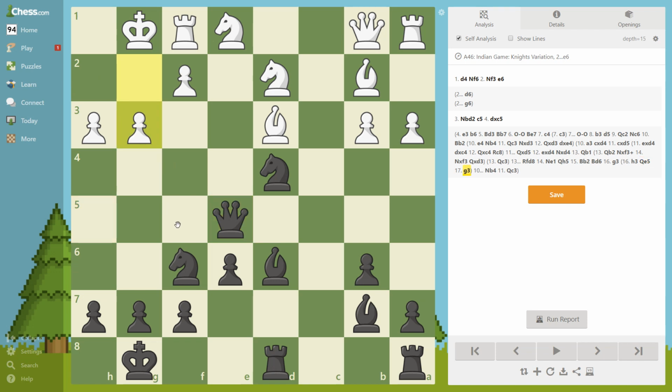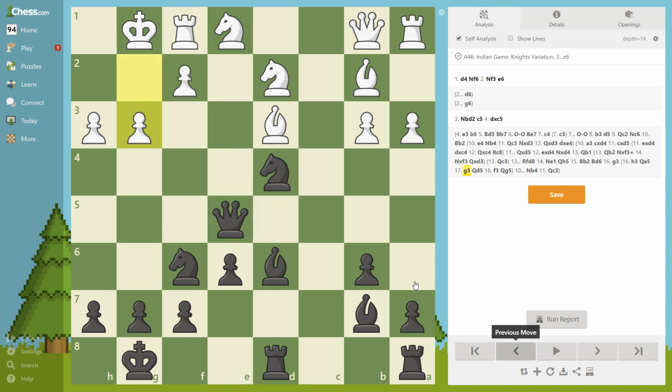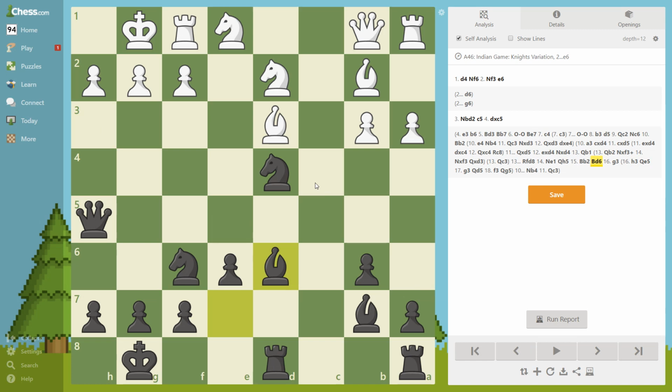Pause the video. Queen d5, now threatening mate here. And after f3 we play what? Pause the video. Queen g5. Look at this, just beautiful. Attacking this, and it is pretty much over for white. If he instead plays maybe f4,